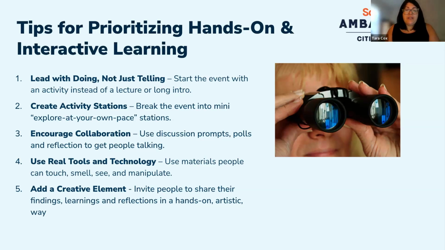And then there's always some fun creative aspects, not just for kids, but adults, in terms of reflecting on the knowledge that they're building, whether it's nature journaling or some kind of collaborative reflection piece, anything that's other ways of expressing knowledge instead of just talking. So those are just some examples. The good thing about citizen science is that it is incredibly hands-on. It involves doing something. So the faster that you can get to the doing something part, the better. So, just thinking about that as you're planning your activities and your program.